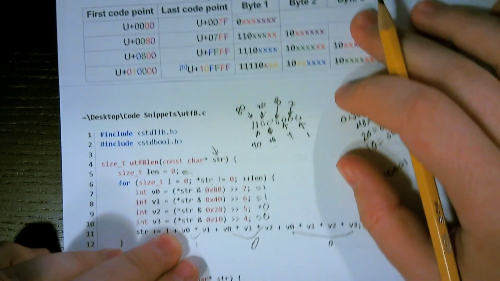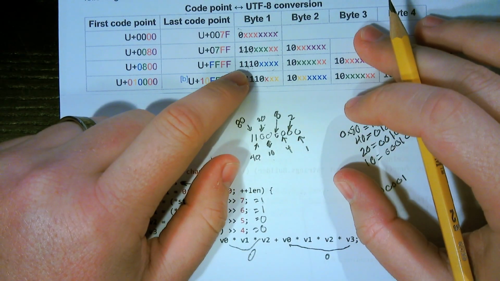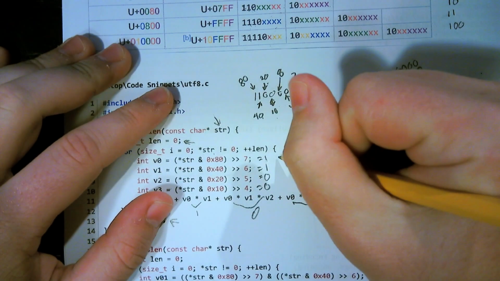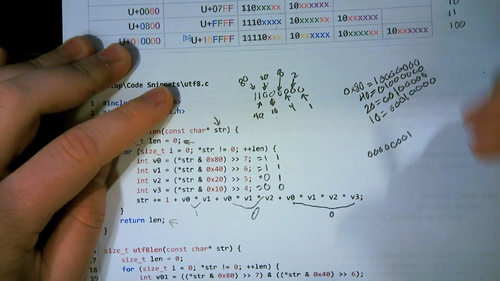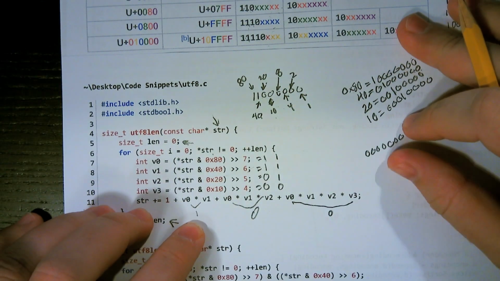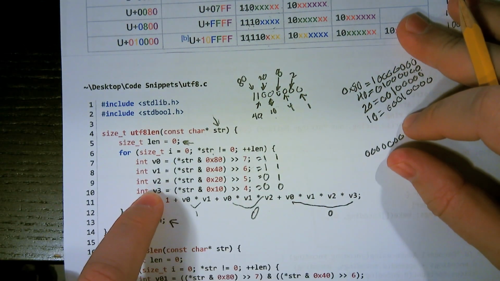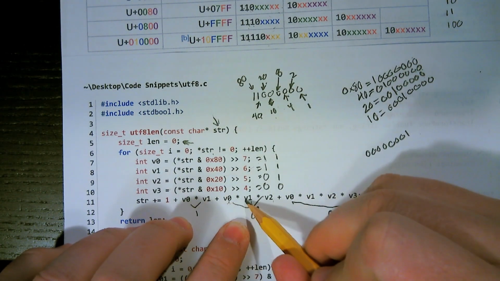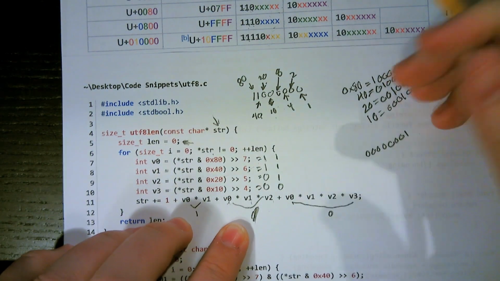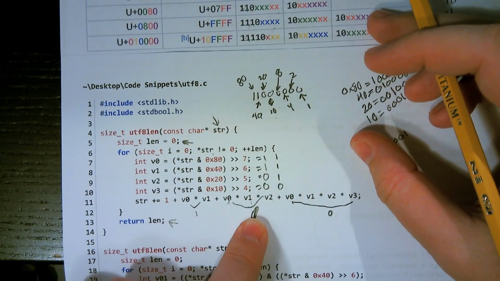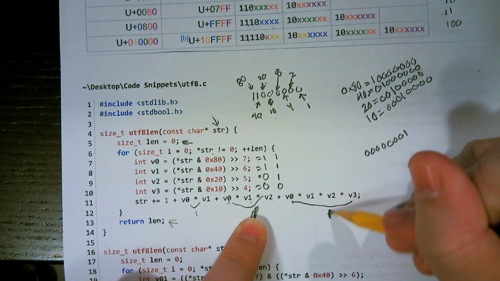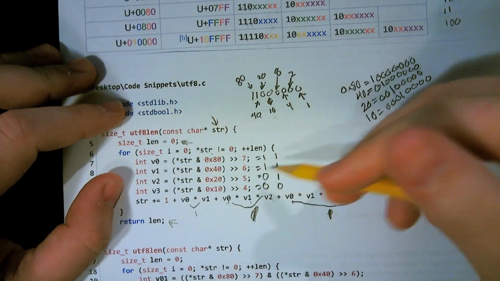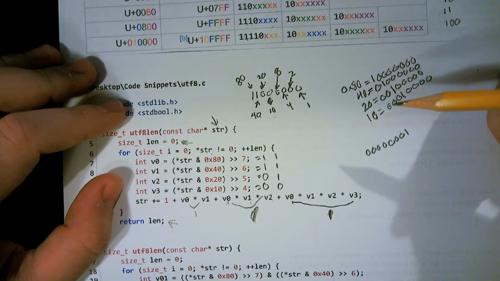It's our 2-byte character. So let's imagine that we were dealing with this next one where we have 3 and then a 0. So in this case it's 1 1 1 0. So this would be 1. Remember v2 is now 1, so this would become 1 because it's v0, v1, and v2, 1 times 1 times 1, and then 0. So we have 1, 2, 3. And likewise, if we do the last one, you'll see that this becomes 0, and we have 1 plus 1 plus 1 plus 1, which is 4. So we're essentially just counting those bytes using those control bits